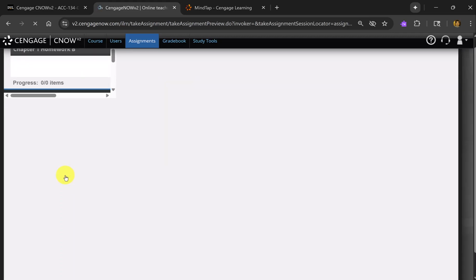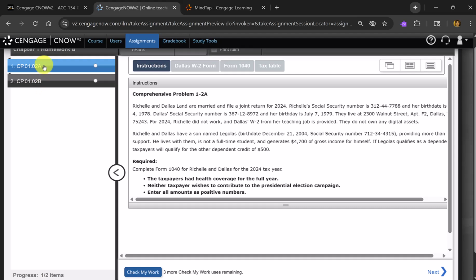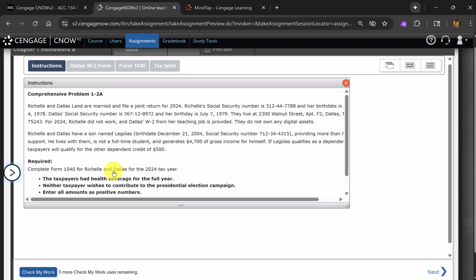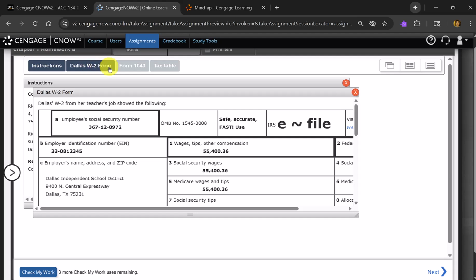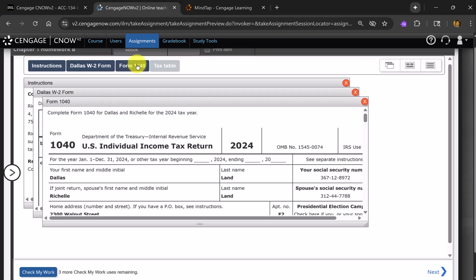And here you can see for this assignment, we have 2 problems, really 2 tax returns. And I'm going to demonstrate just the first of the 2. So let's collapse this menu to give us more space to work with. And you can see at the top, there are 4 different documents to work with. I think the easiest way to navigate through the 4 documents is to first open them all up